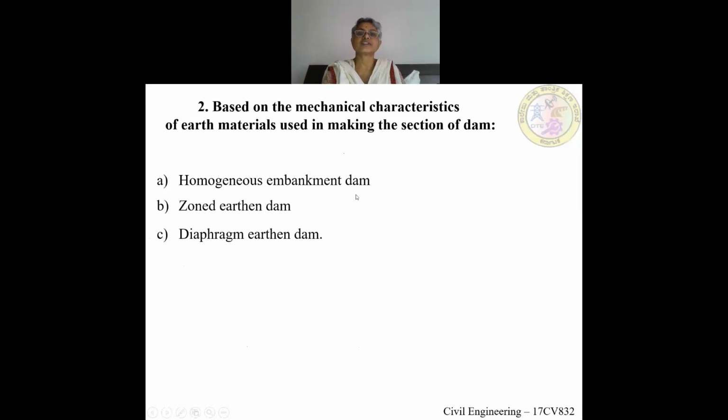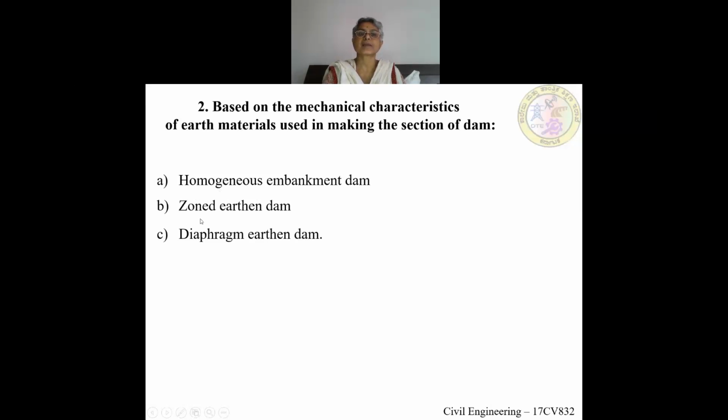The homogeneous dam is made up of one material, and drainage should be provided so that the seepage line cuts the drainage, and then the water will get collected in the drain and go to the downstream side. The seepage line should not cut the downstream side. That is the condition which has to be maintained in a homogeneous embankment dam.